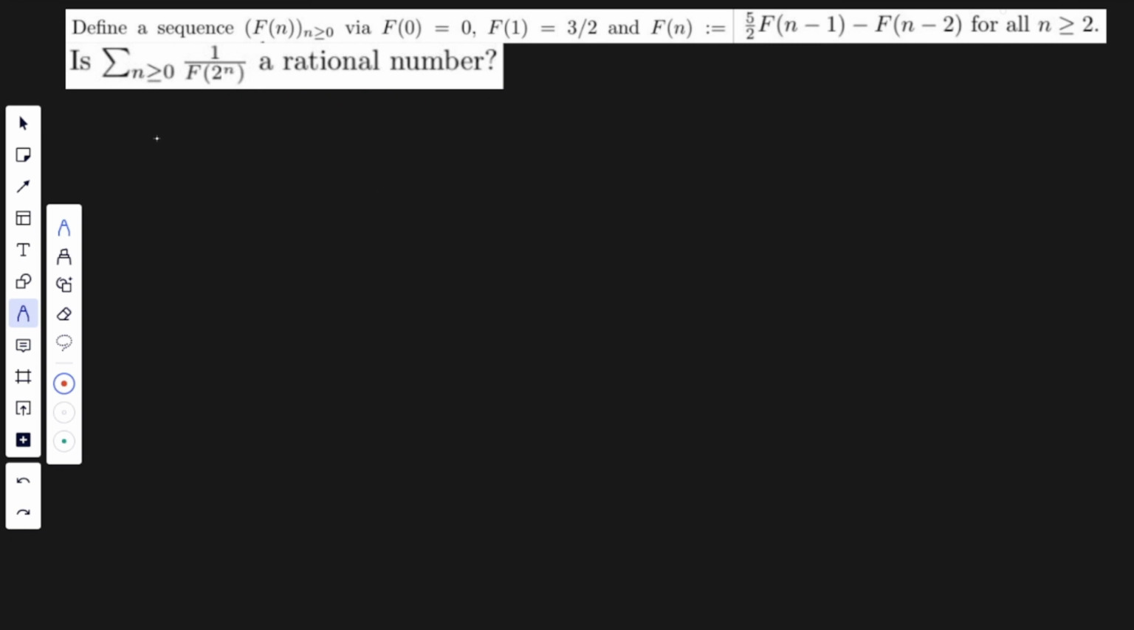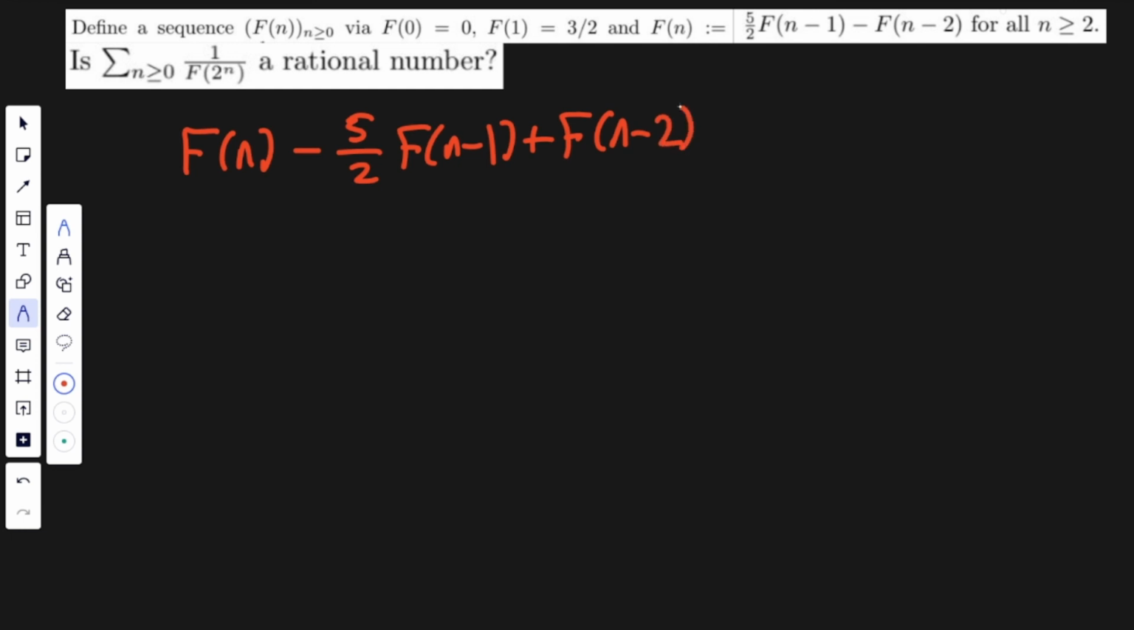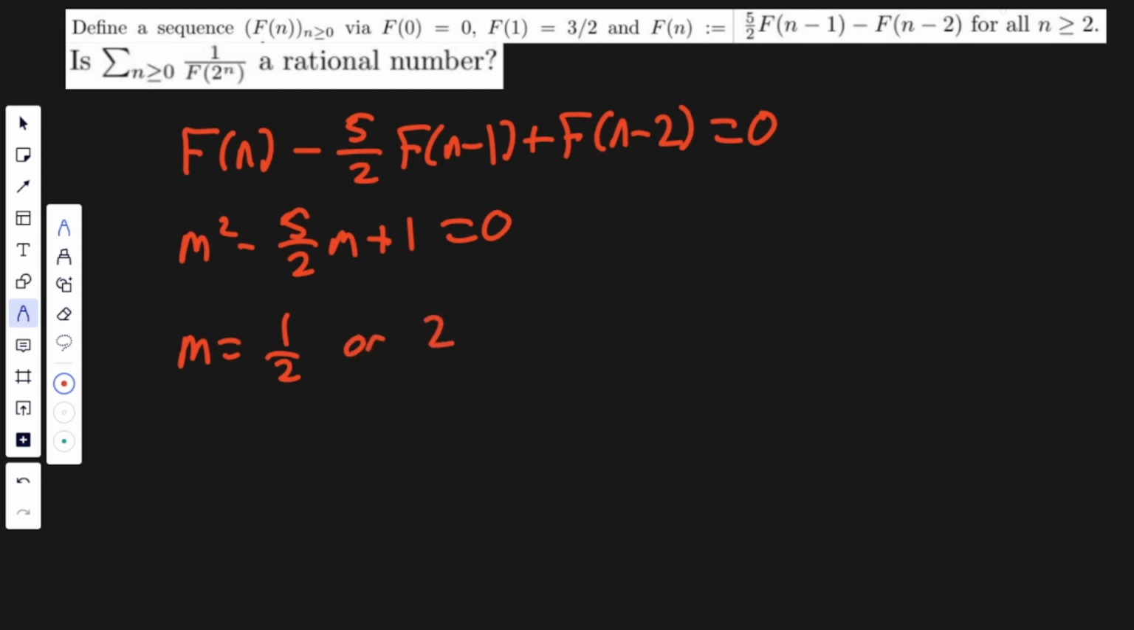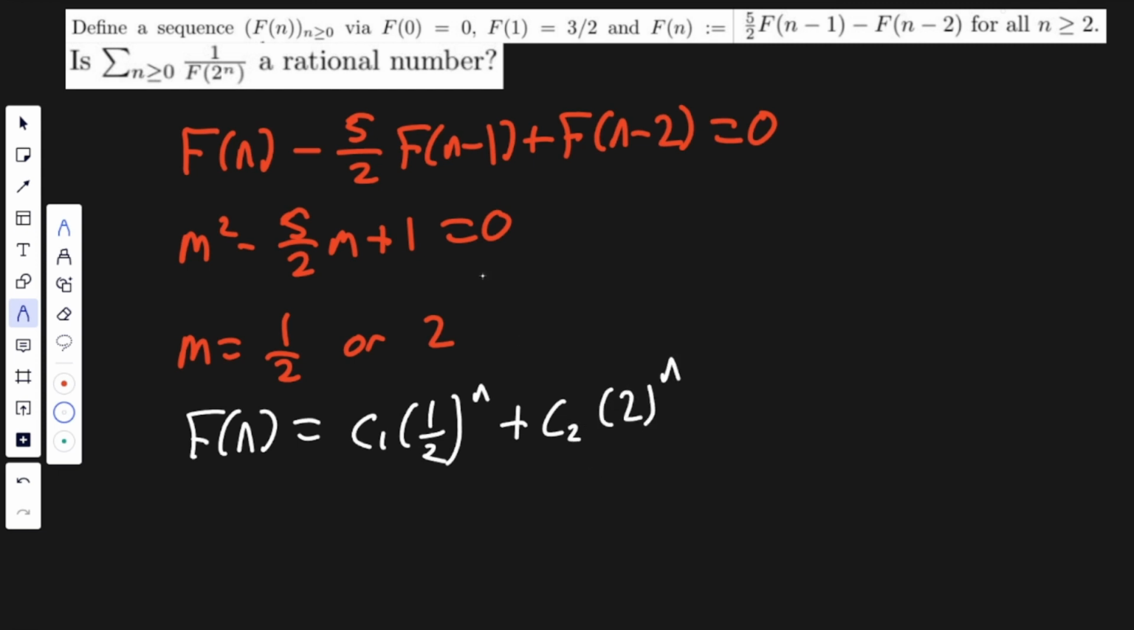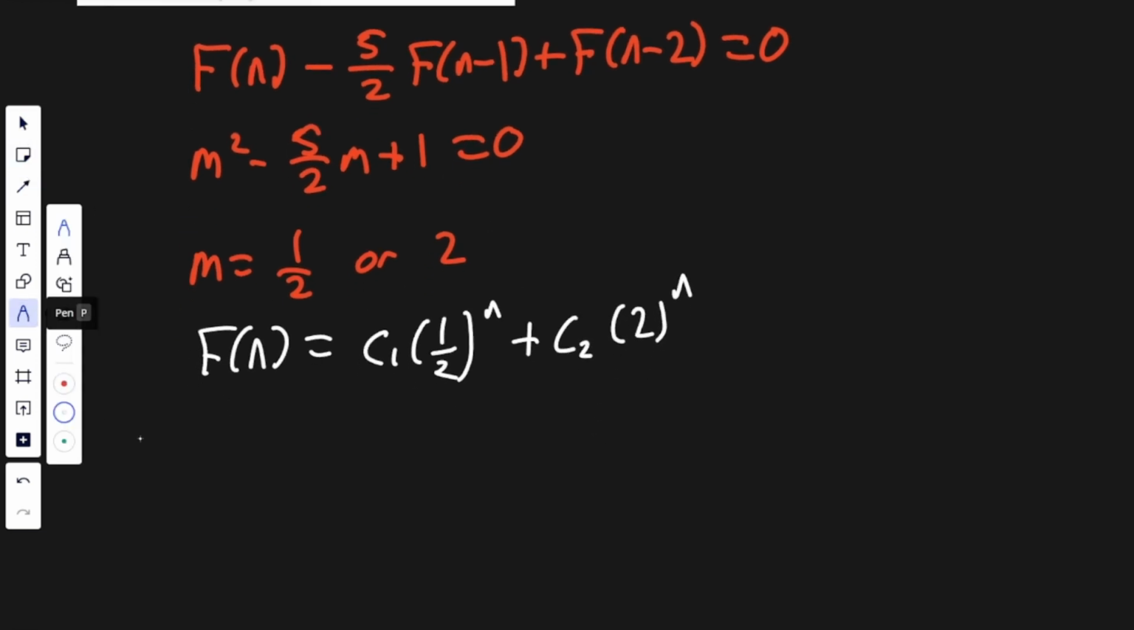So first of all, let's rearrange this equality to get it in the form of a standard second order recurrence relation, like so. We get an auxiliary equation of this, and well, this tells us that our roots are a half or 2. I'll leave you to check that yourself. This then suggests that the general term of f of n is c1 (a half)^n plus c2 2^n. And then taking our initial conditions,